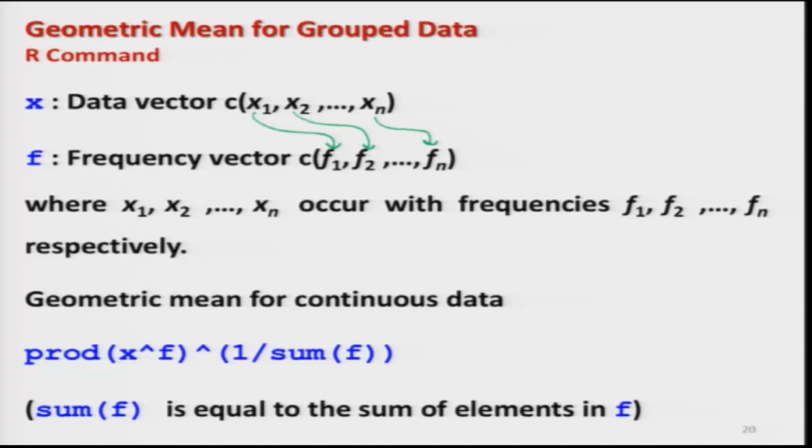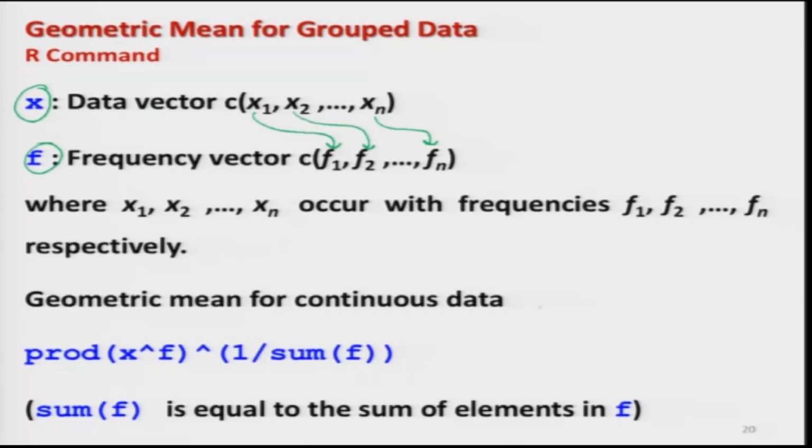So, I can write the data vector and the frequency inside a vector. The data is written inside the data vector x and all the frequencies have been written inside the vector f. Finding out these frequencies is not difficult. Just by creating a frequency table and extracting the frequencies as we have done earlier, one can obtain it.